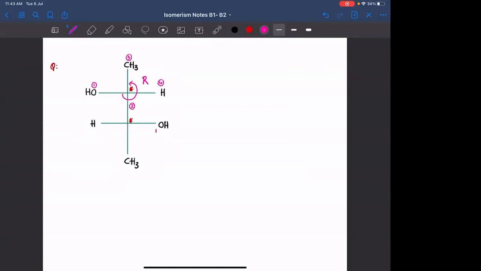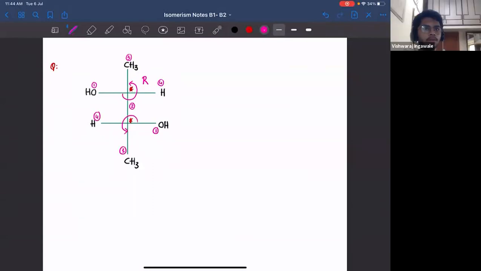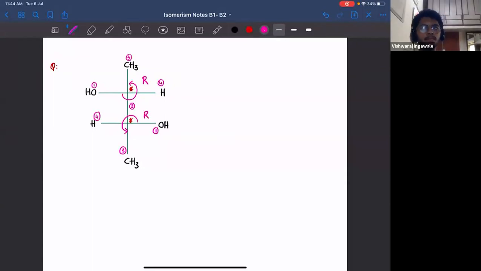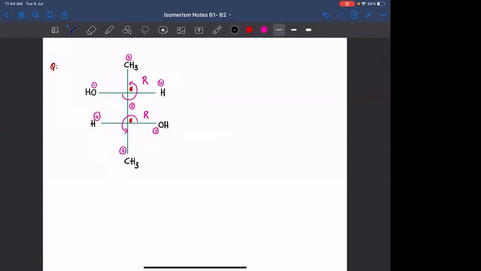Similarly, this will be 1. Oxygen, O2, this will be 3, this will be 4. So 1, 2, 3. Again, you are rotating this in anti-clockwise sense. So we expect that to be S. The lowest priority is not on the vertical line. It is present on the horizontal line. Again, this will be R. Agreed? Can I have a mirror image of it?